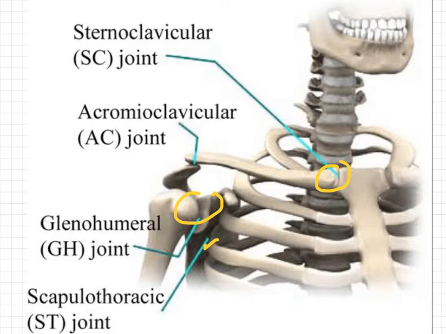scapulohumeral rhythm is no longer relevant, because any reduction in the glenohumeral joint range will not result in a proportional decrease in the scapulothoracic range. The ratio of movement is no longer pertinent, since the body will automatically recruit any and all remaining motions at the other joints. That means if any one joint is affected, the other joints will move more than the normal. So definitely the ratio of the scapulohumeral rhythm is going to change if any one of the